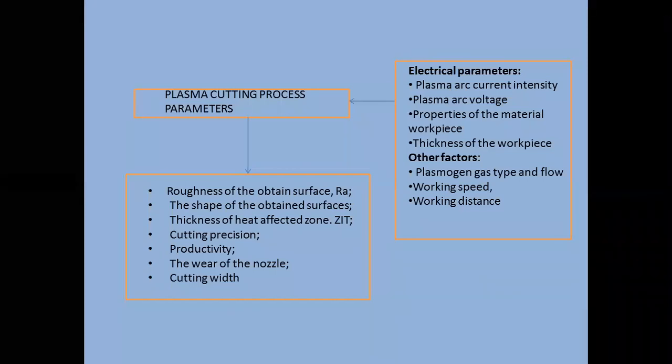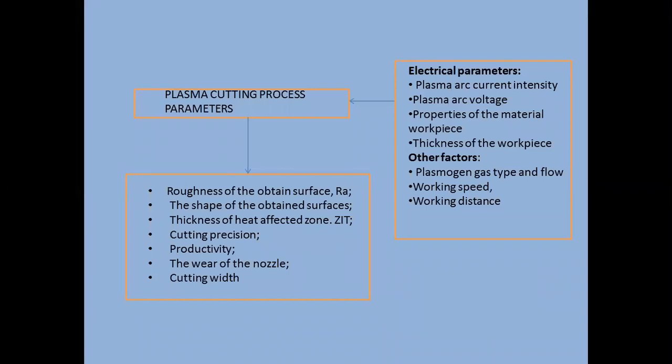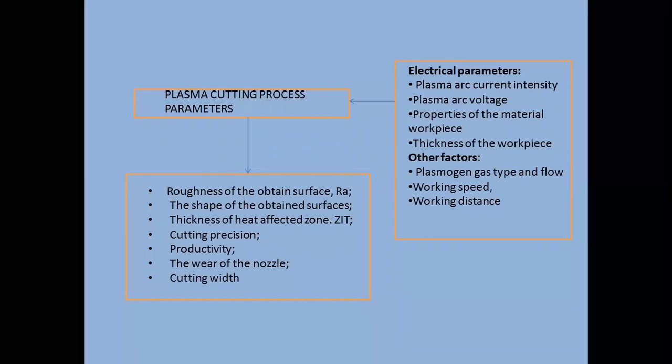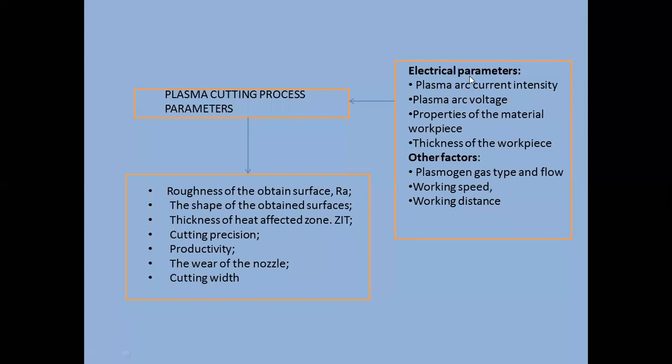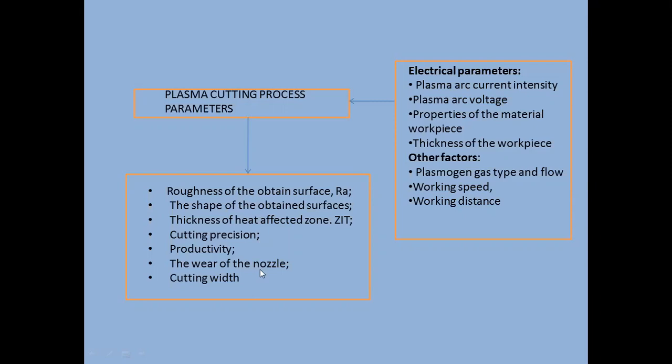Good morning. Today we are going to see different parameters that are involved in the plasma cutting process. In any machining process, generally, we will be having inputs and outputs. Together we are calling them parameters. You can see here these are inputs, the arrow indicates inputs. So these are process parameters, and these are process characteristics or performance characteristics of the machine. These are outcomes. These are inputs.